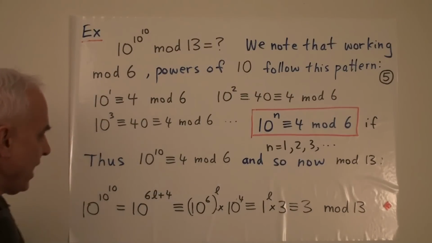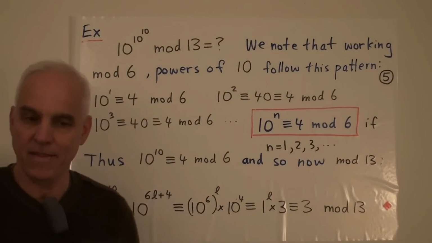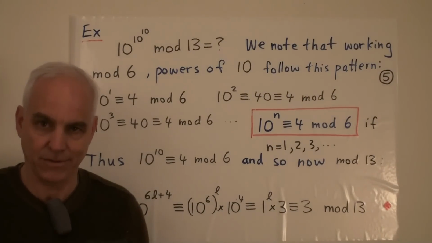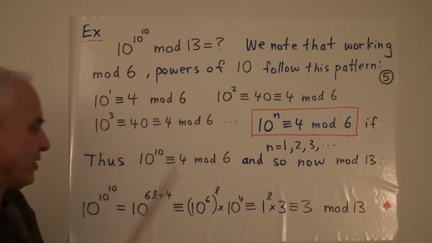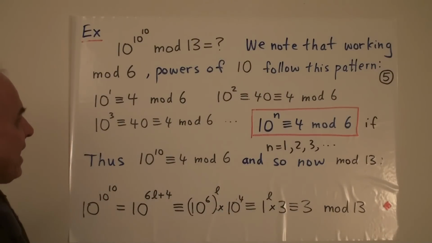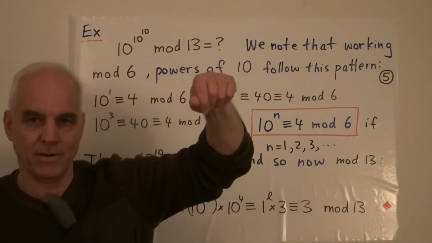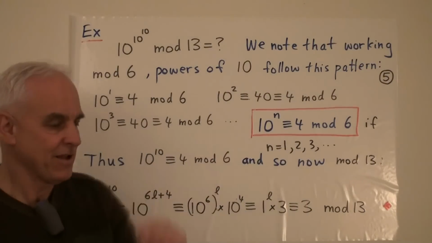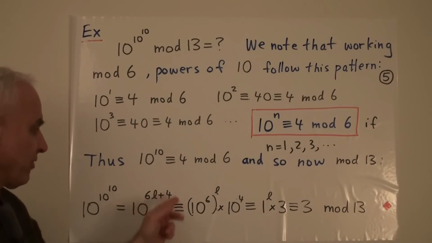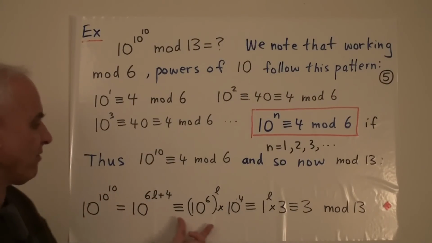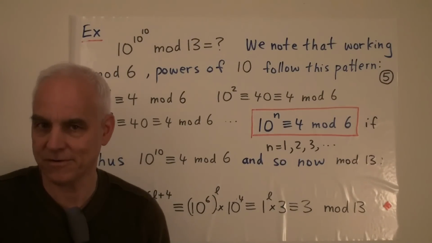We can appreciate that we haven't gotten anywhere near actually dividing this huge number by 13. That might be a major pain to do, okay? But in order to get at its remainder, we can use this indirect reasoning having to do with this observation that the remainders are cyclical. In fact, they're cyclical with the period 6. So once we get our head around how many periods of 6 there are and what the remainder is mod 6, then we can unravel the remainder with this very pleasant kind of arithmetic in the modular world.